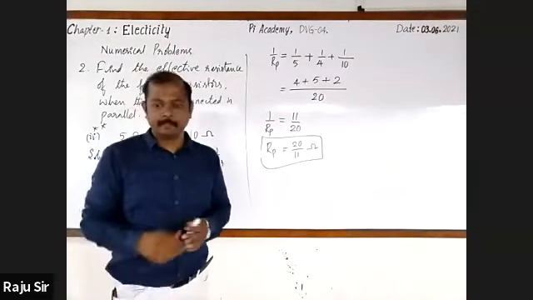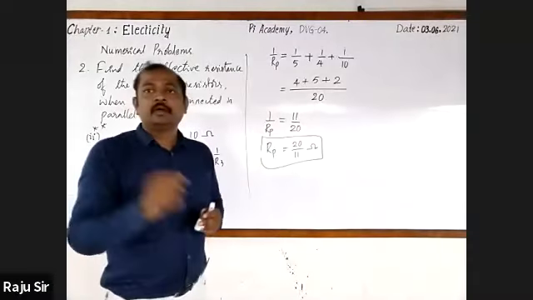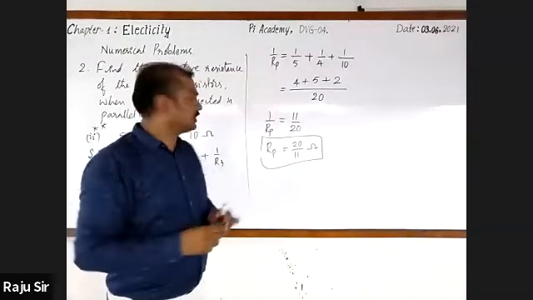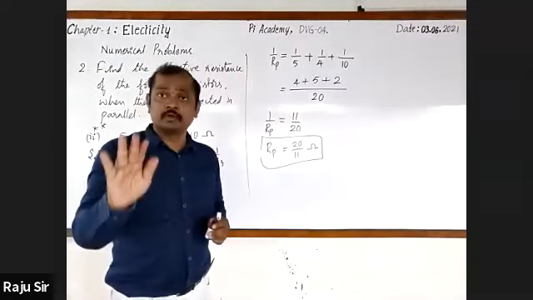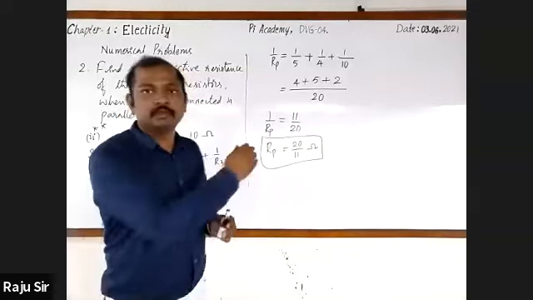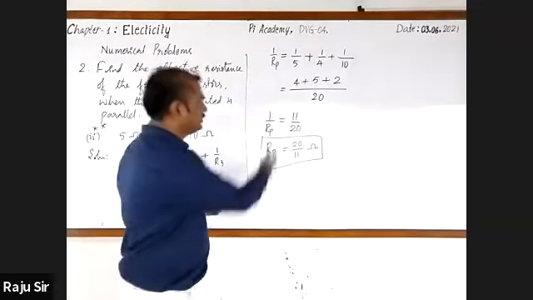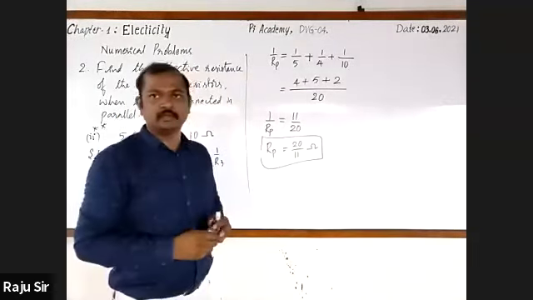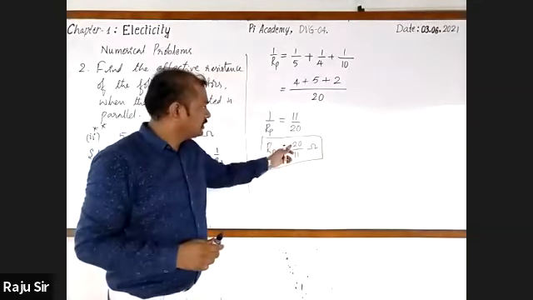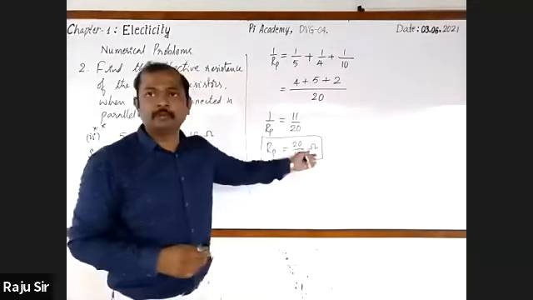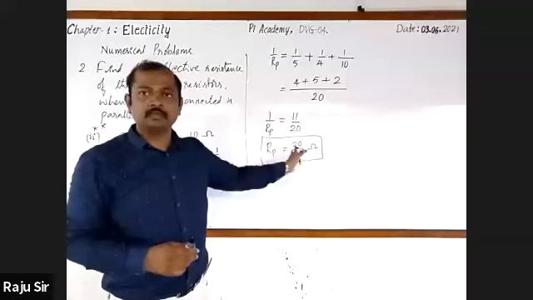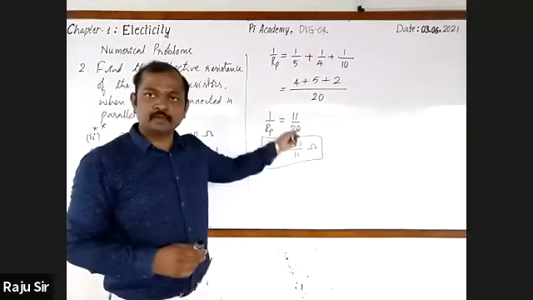Followed? Yes, sir. Listen, some students are asking, sir, can we write it in decimal form? Of course, if it is terminating, then go for that. If not, you may write it just as it is, because 20 by 11 will be non-terminating recurring. You may just express this in fractional form only.